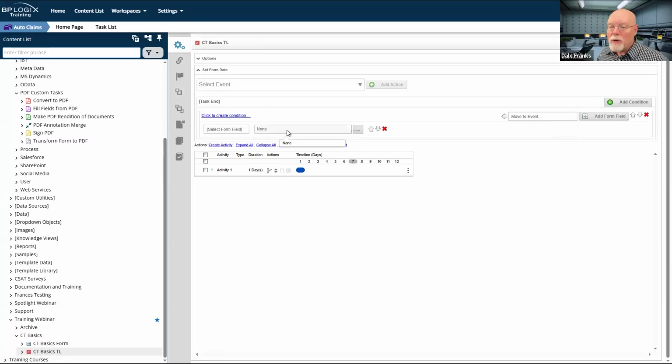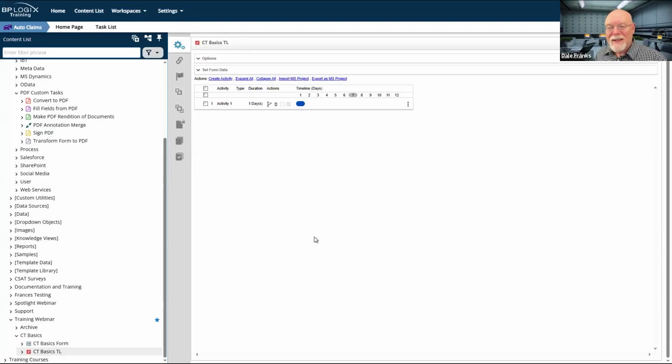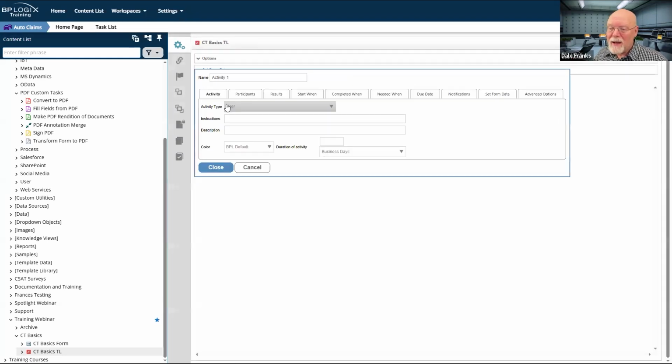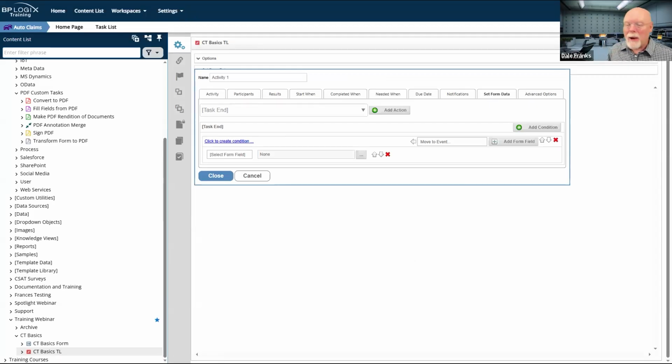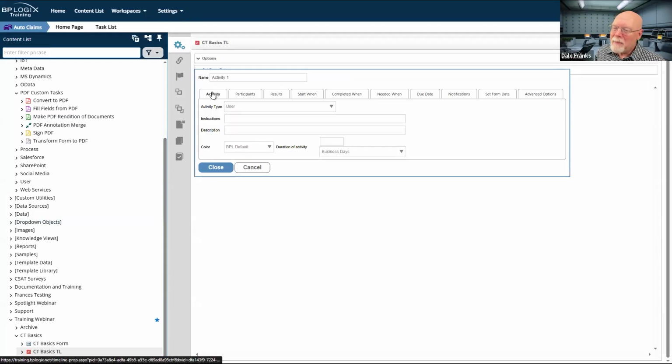The reason that I don't do that is because set form data isn't super obvious in a process timeline. And while technically, if I open the activity and go to its set form data tab, I will see the set form data action as part of this user activity, that sure is kind of hidden. It isn't very transparent.